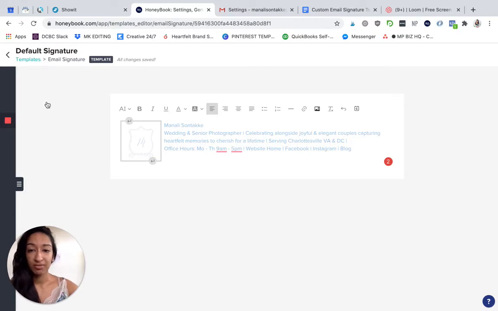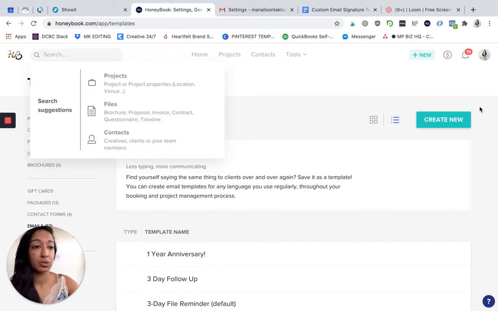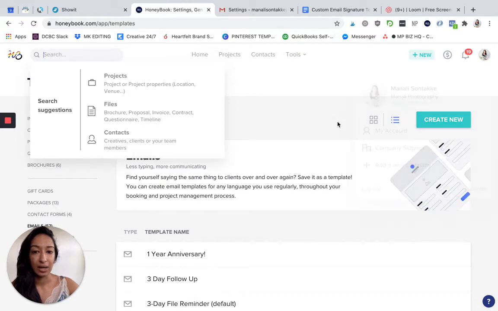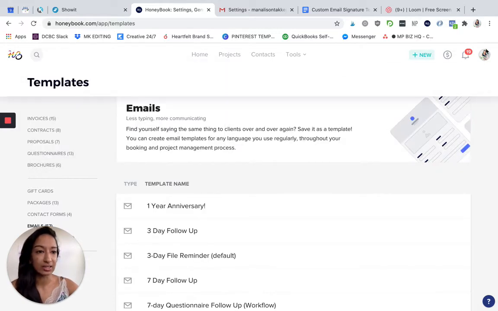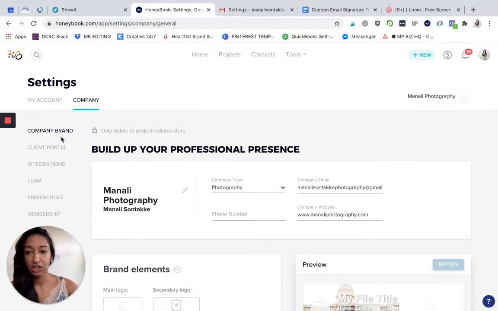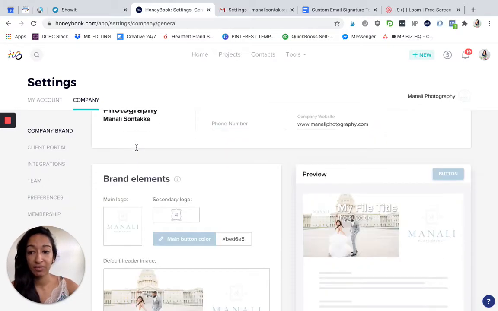So you can find your email signature under company settings by hovering over your little profile picture here in the corner. And I apologize, I feel like my HoneyBook is really slow today. You'll find company settings within that first little link. Let's see if it'll pop up. There we go. So if we go to company settings, under general and under company brand, if you scroll down,